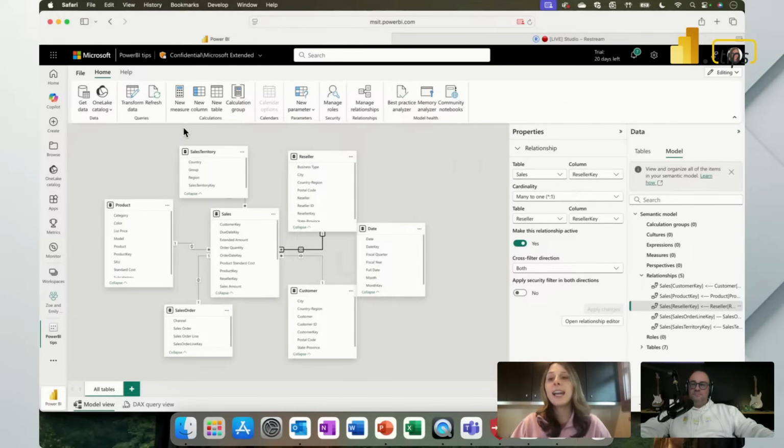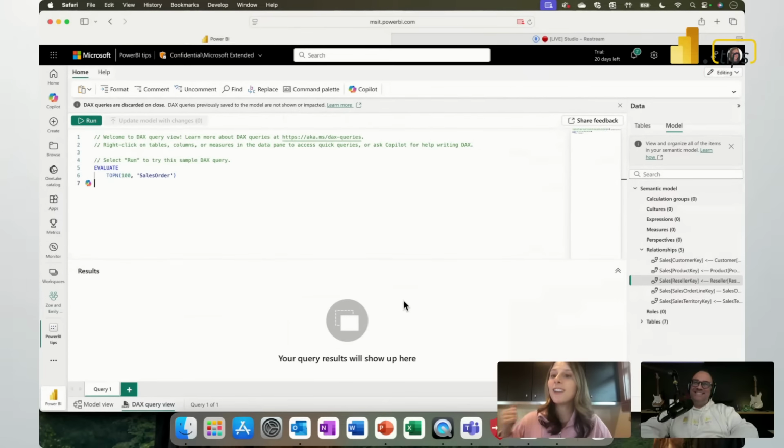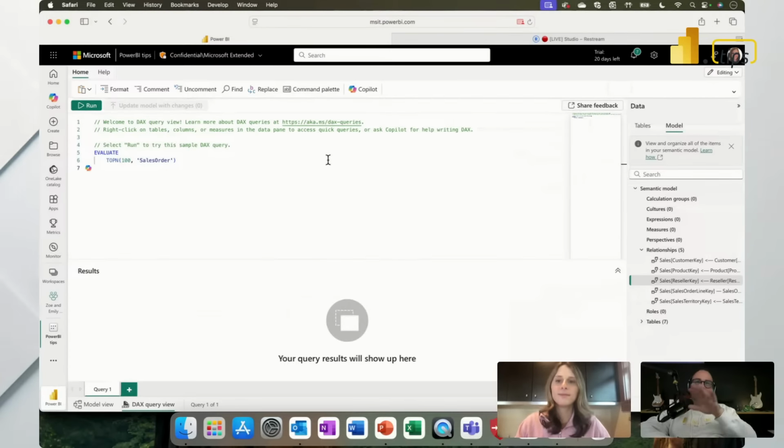So things like editing DAX, you can write new measures, new columns, new tables, new calc groups, all of that is supported. And I guess for DAX fans, we actually have easy toggling to the DAX query view experience, which I don't know how much you tested this. I love DAX query view. 100%. Honestly, I like this more when I'm building DAX now. I prefer this experience over writing DAX inside